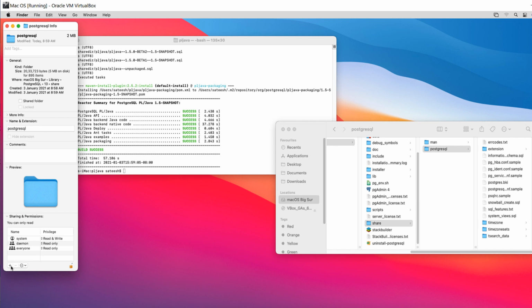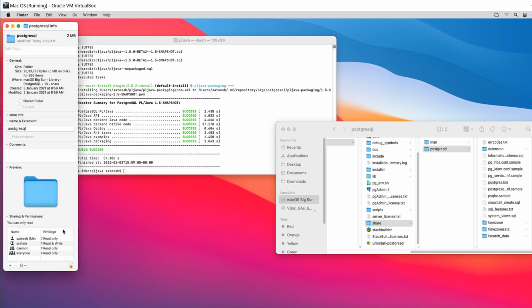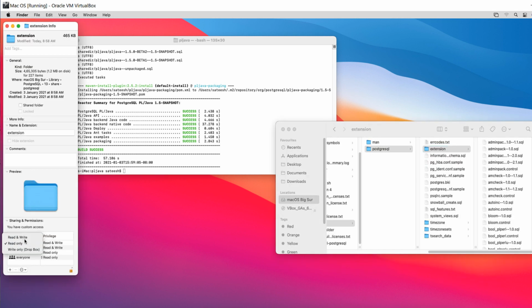Using the plus icon, you can add your user. Change to read write. Now you have sufficient privileges to make changes to this directory. In the same way, you have privileges to this extension folder as well.